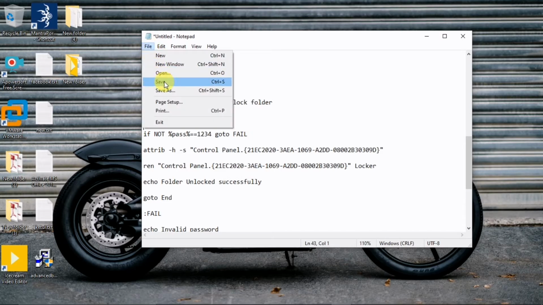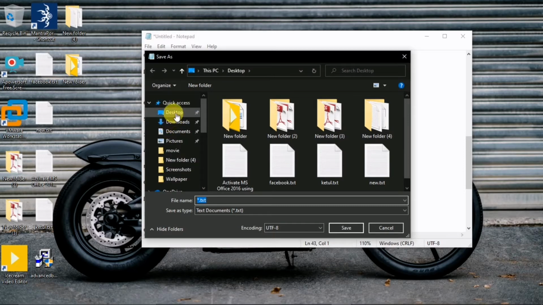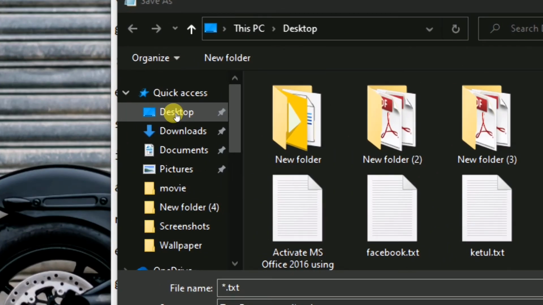Just save the Notepad file with a .bat extension. I'm saving it on the desktop, it doesn't matter.